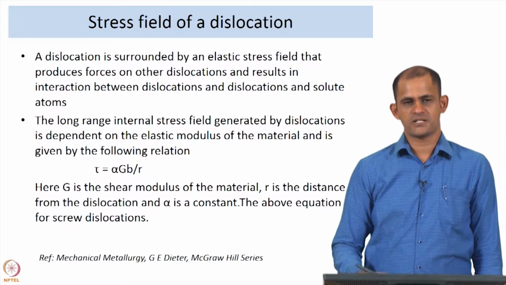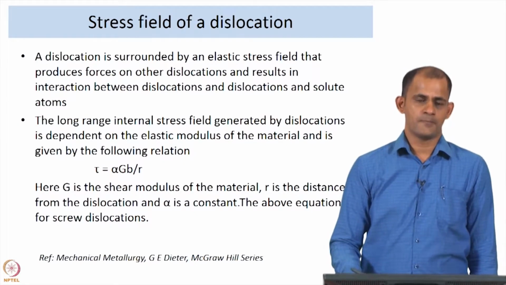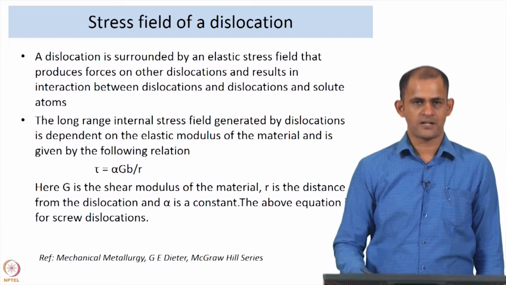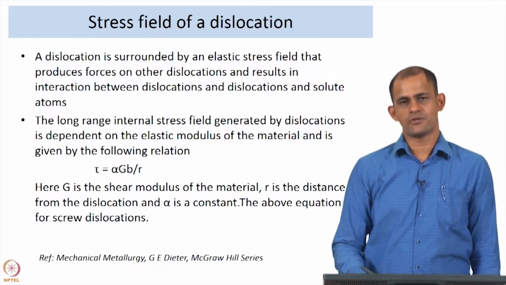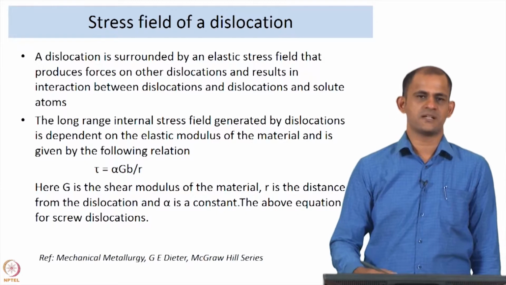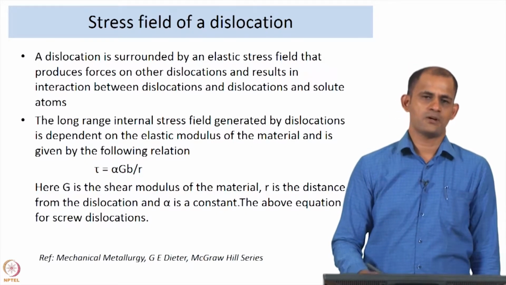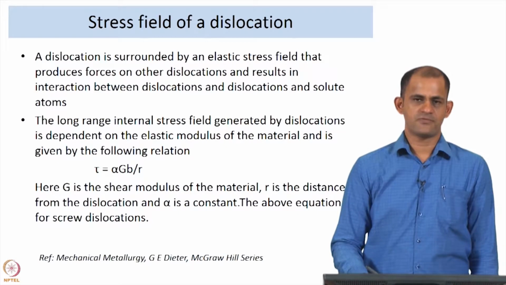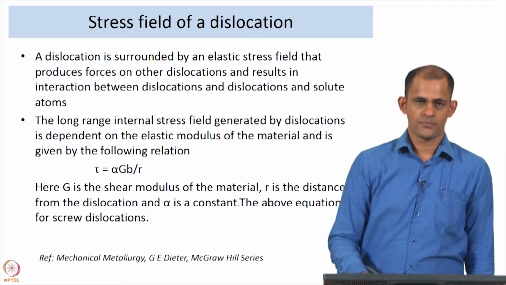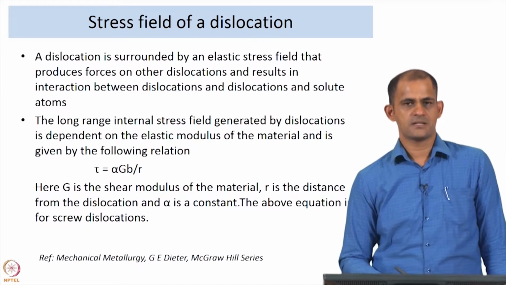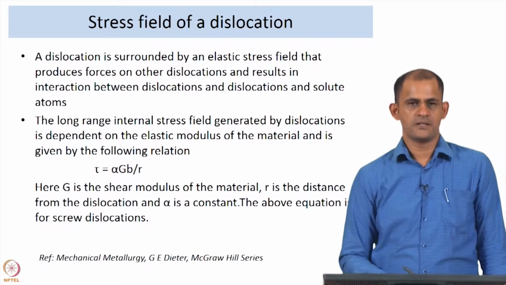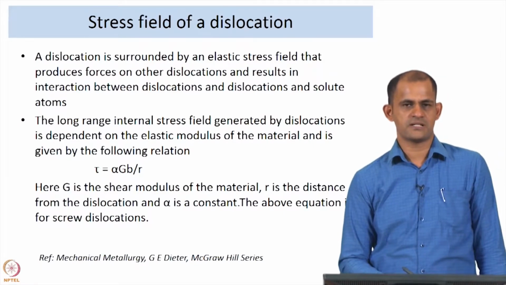If you understand, a crystal is basically a periodic arrangement of atoms in 3 dimensions, and whenever you introduce an extra half plane of atoms, you are basically introducing disorder, and because of the disorder there is a stress field generated around it. So, since the dislocation is bringing about the disorder, a dislocation is surrounded by an elastic stress field that produces forces on other dislocations and also results in interaction between dislocations and